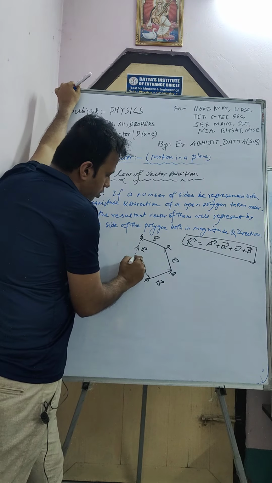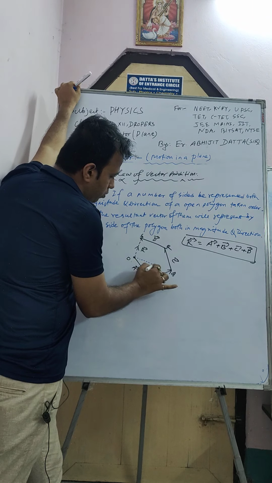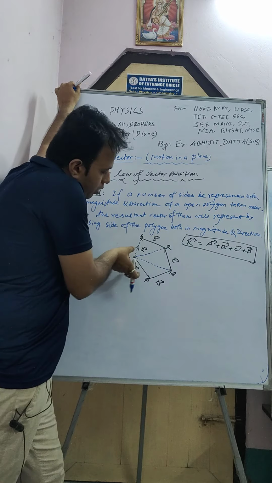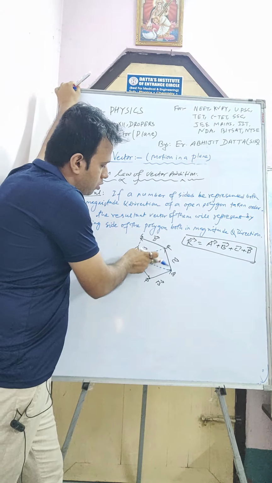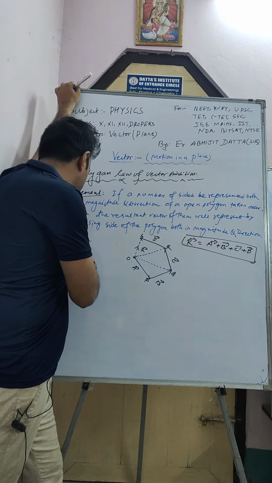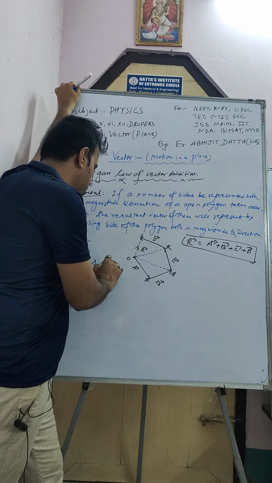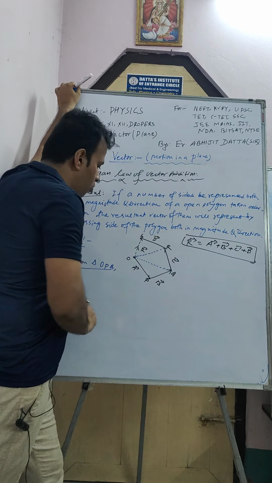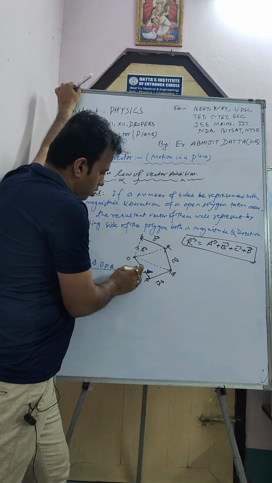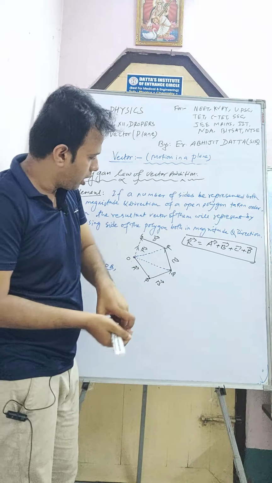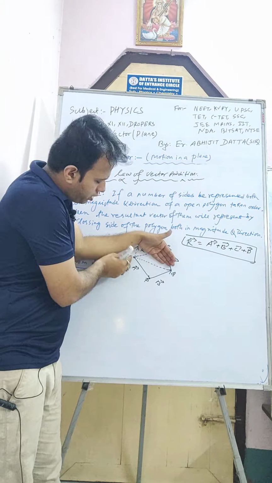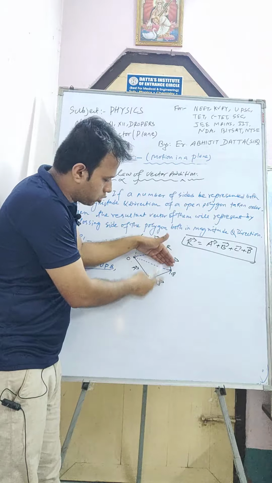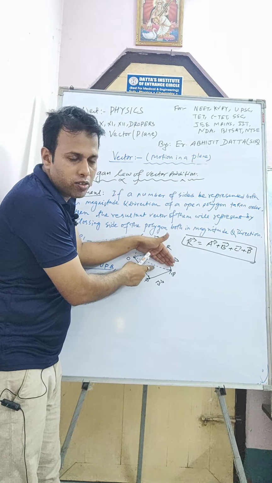I draw a line from this point to this point and draw another line from this point to this point. So now it becomes 3 triangles, 1, 2, 3 triangles. So now from triangle OPQ, what do I get? Look at here. If I forget the other 2 triangles and just consider this triangle, this one is one side and this is another side, and these 2 sides are in order, so the opposite side will represent the resultant of them, is it not?